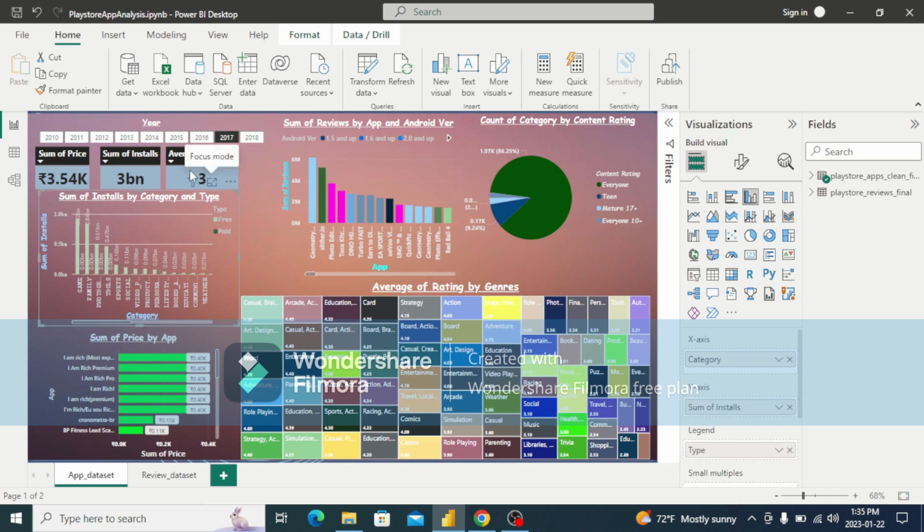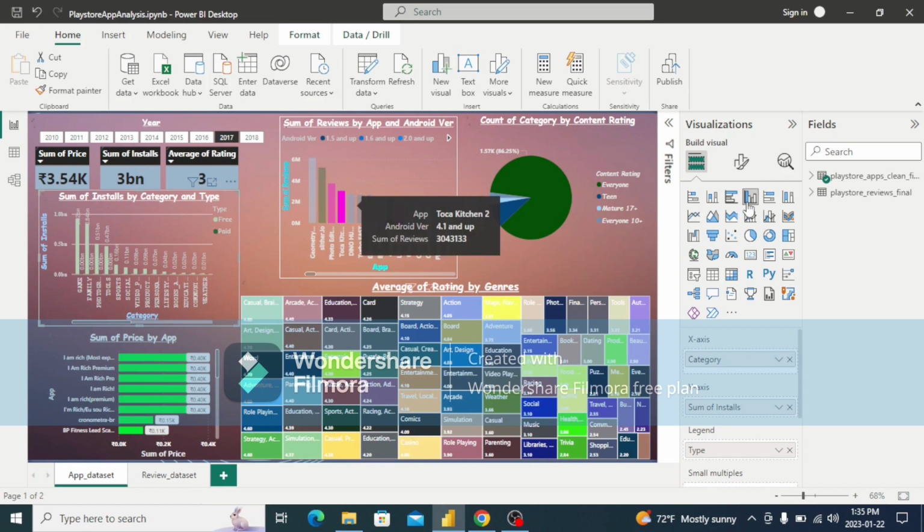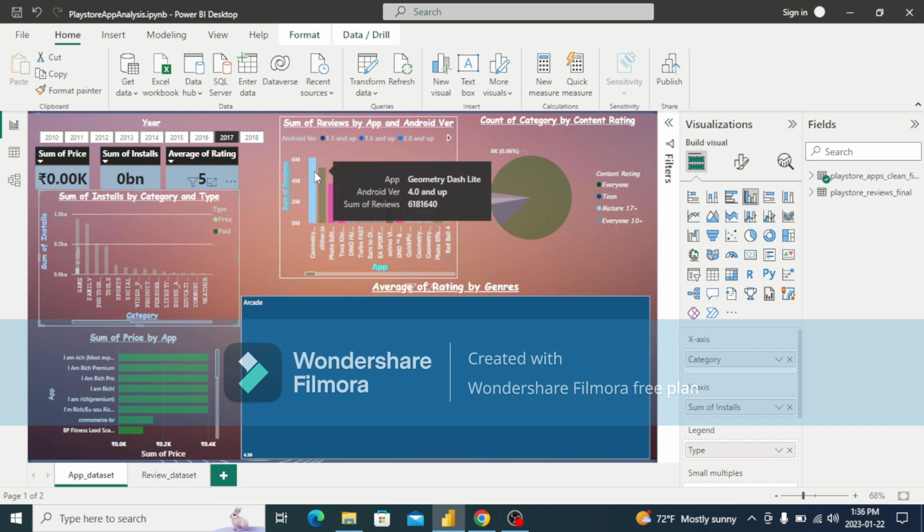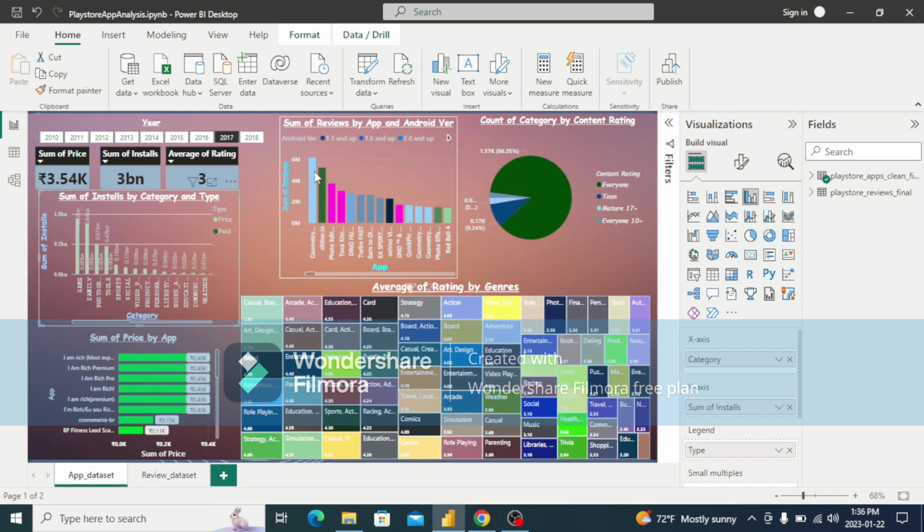So right to this, we have used a clustered column chart which denotes the sum of reviews by app and Android version. We scroll, we can see the sum of reviews, like how many reviews they have got. Here the highest review category, we can see it is the app Geometry Dash Light,